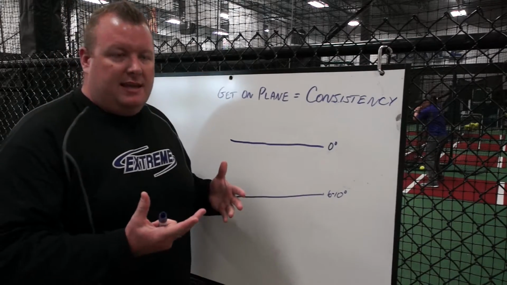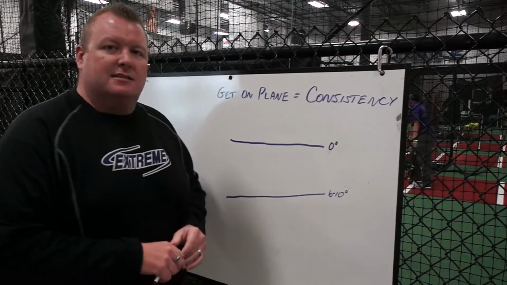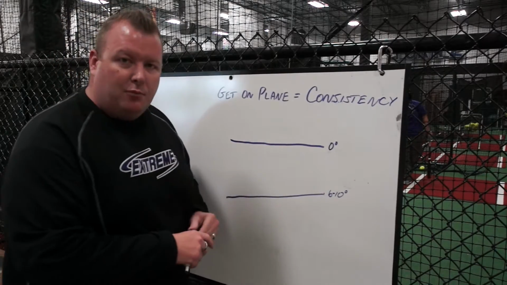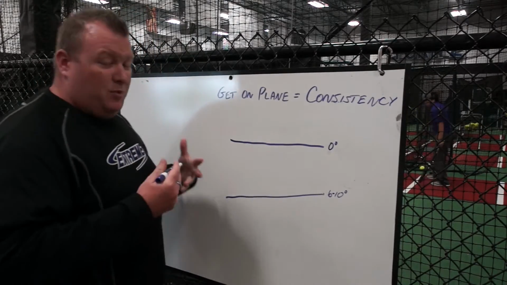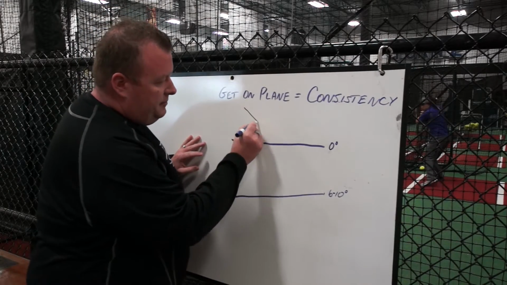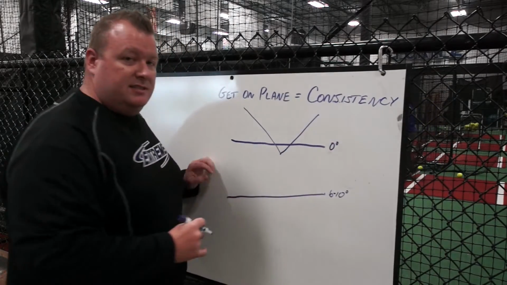And that's not truly the case. Usually a pitch is gonna have a little bit of a drop to it, somewhere between 6 to 10 degrees. But for display purposes, let's look at this top one. Here at 0 degrees, probably the two most common problems that we see is a hitter may come into the zone too sharp and then may exit the zone too steep.